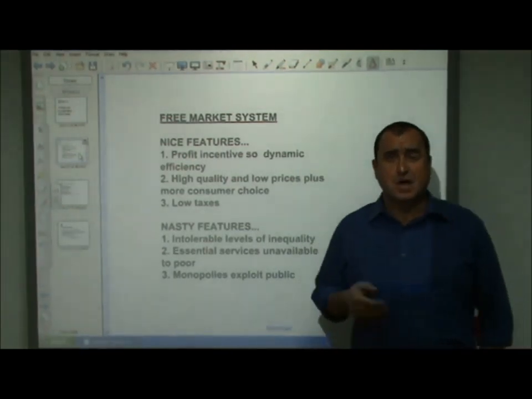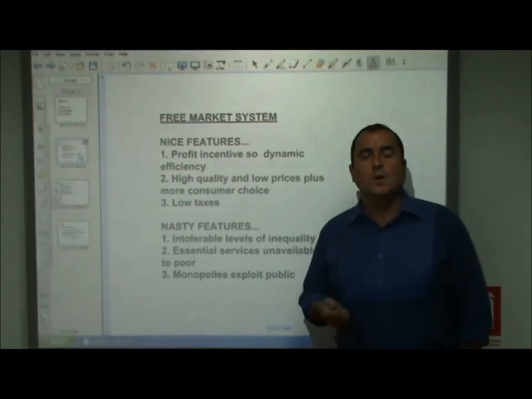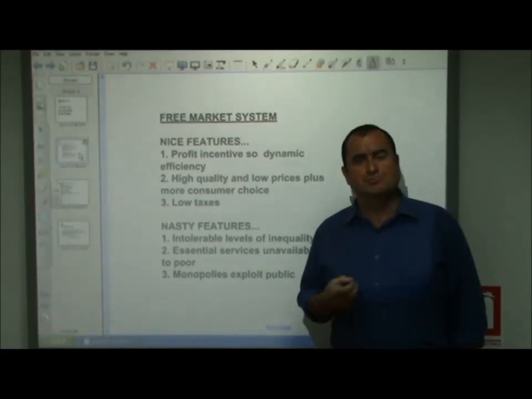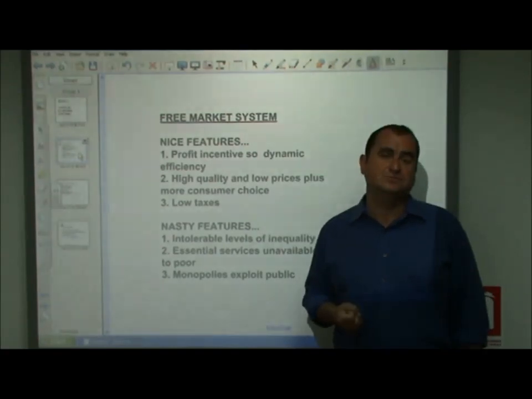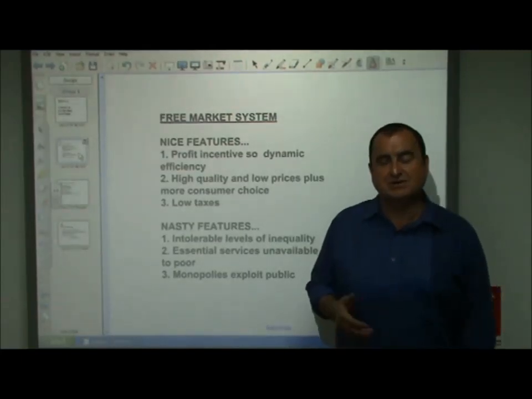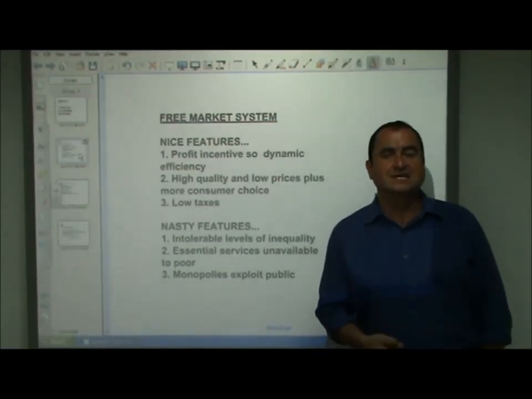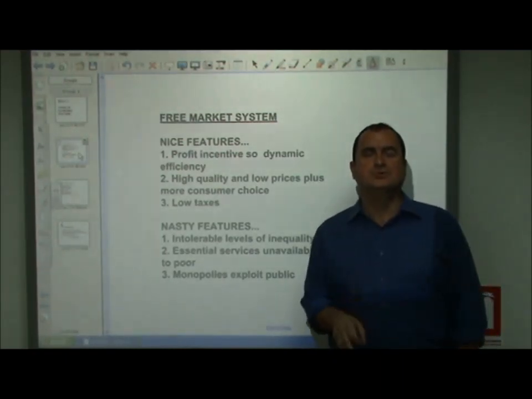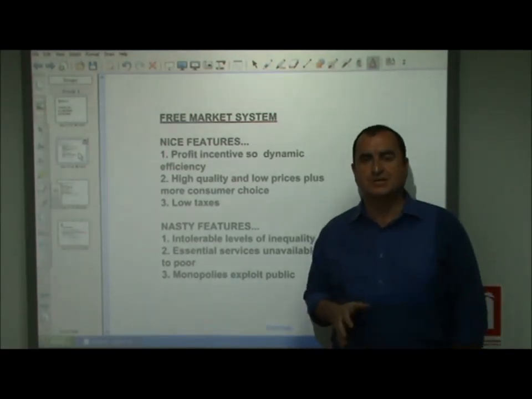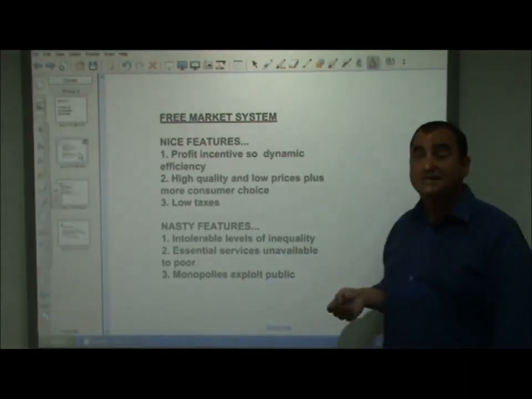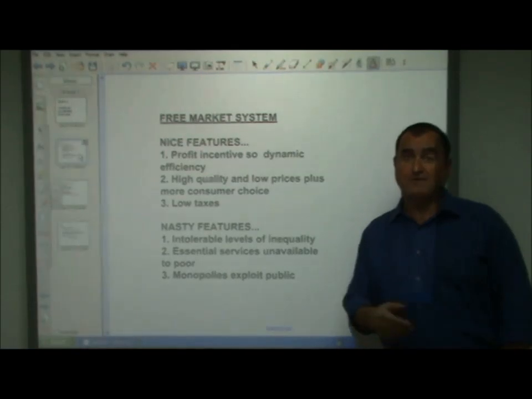A completely free market system would be where every single resource available would be allocated by the market mechanism to private businesses owned by private individuals. And this system doesn't actually exist in the world, there's no country which does not have a state system of allocation of resources as well as private ownership. But were it to be true that a country had merely private ownership, this would throw up certain advantages but certain disadvantages as well, and they're listed here.